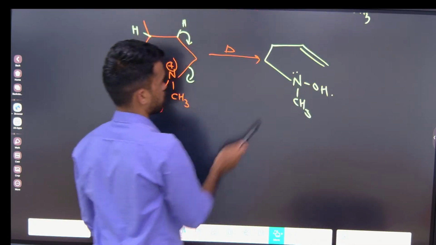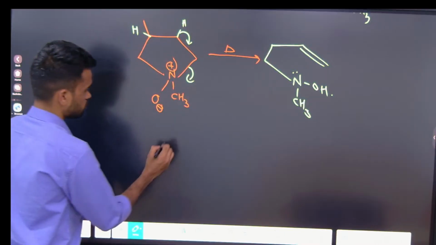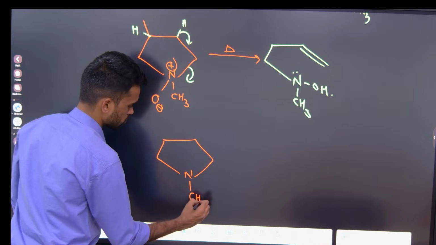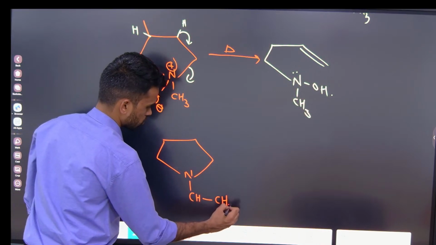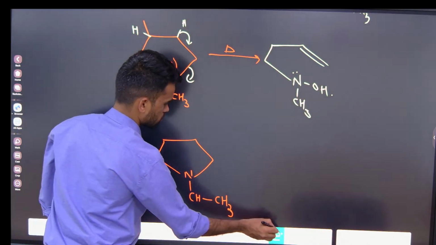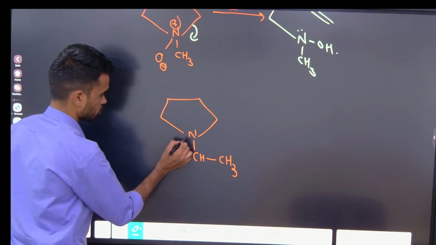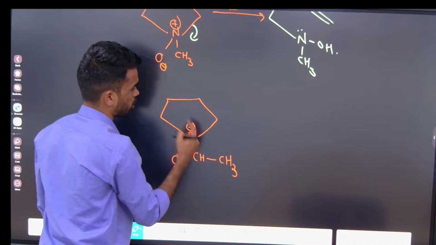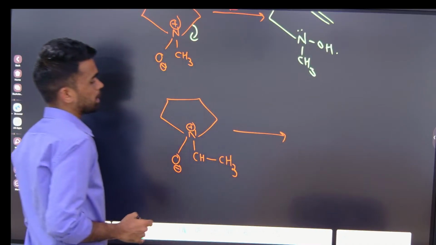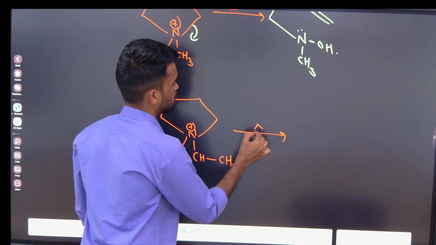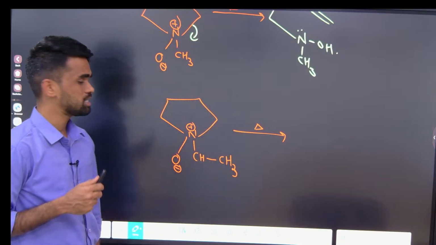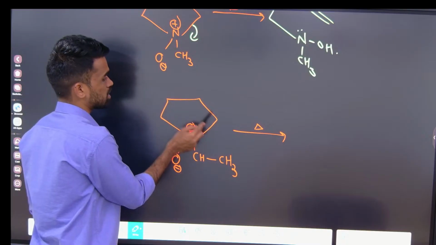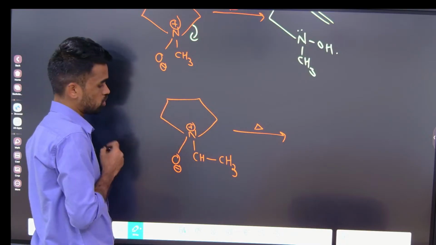Okay, let me explain one more. Yeah, this is also a tertiary amine oxide only, the same compound I have taken here. Now tell me, I am asking you to heat this. Now what happens and where does it happen? See, here this is a bigger chain, a bigger alkyl chain. So now what happens is,